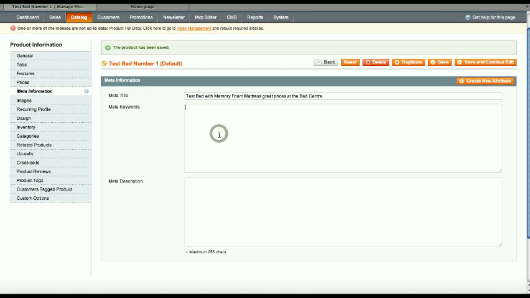Meta keywords you don't need to worry about, but meta description again is quite important. If someone searches for a product on a search engine, they'll be able to read your meta description, and it's a good opportunity to make sure that that visitor clicks through to your website and not through to one of your competitors. So again, you want to keep it short, under 160 characters. You want to keep it full of keywords, but you want to use this opportunity to entice a visitor into your website. So something like